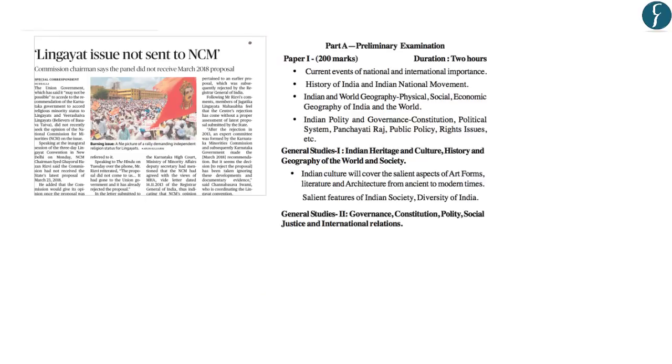The next news article has been picked up from page number 7 and is in relation to the Lingayat issue. From your prelims, it will form a part of your history of India as well as will fall under Indian polity and governance. In your mains, it can come under GS paper 1 under the category of culture as well as salient features of the Indian society, and also from the perspective of GS paper number 2 under the topic